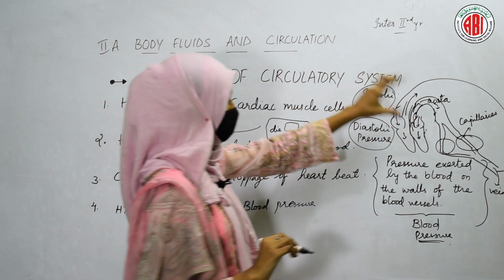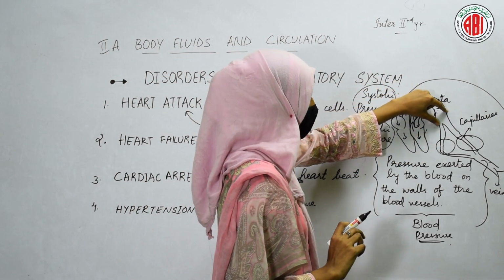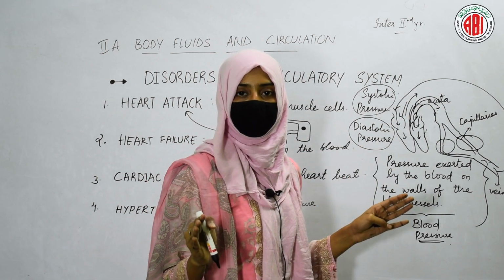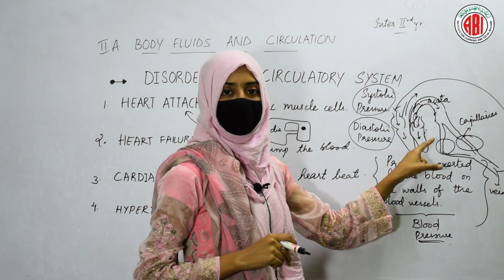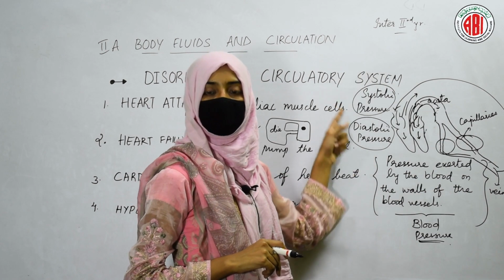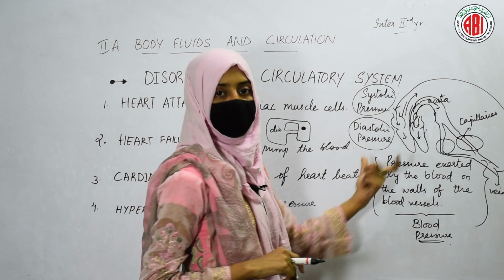That we all know. This is a basic thing. So after the blood enters into the aorta, it is transported to the different organs of our body through blood capillaries. Then the blood from the different organs is received by the vein, and that vein gives the blood back to the heart, but in the form of deoxygenated blood.